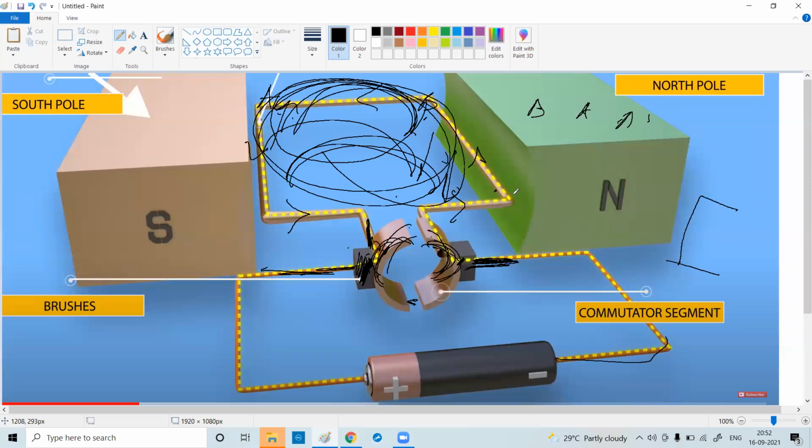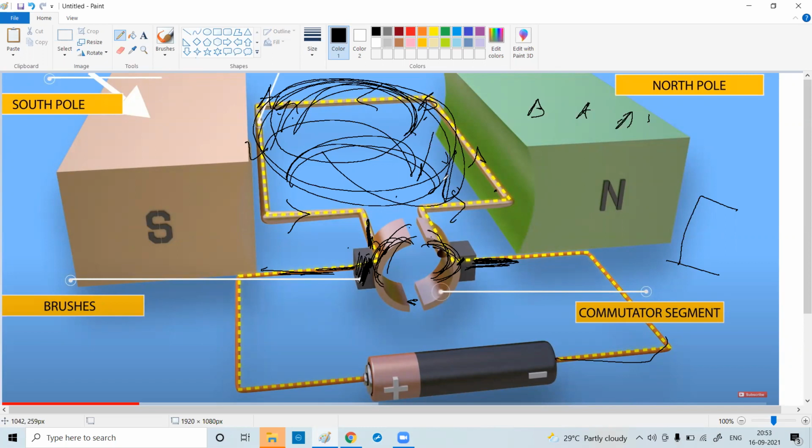But you say, sir, if the current is getting cut off, then how will it rotate? Because of moment of inertia. What is moment of inertia? When you are running, suddenly you stop, you continue to go. Yes or no? When the bus is traveling, suddenly the brakes are applied, so you also try to go with the bus. For some time you get thrown upward. Why? Because of the moment of inertia.